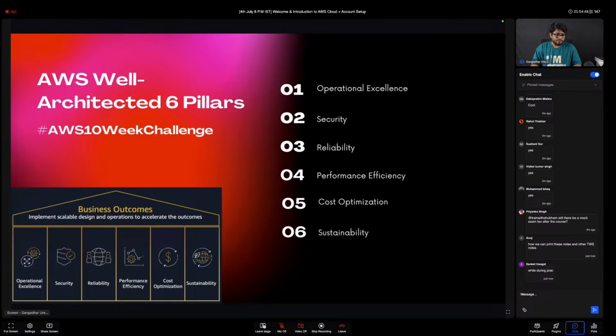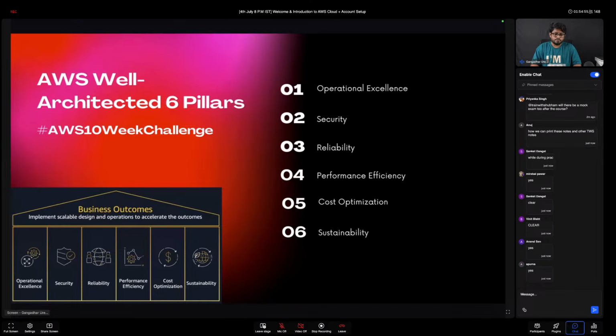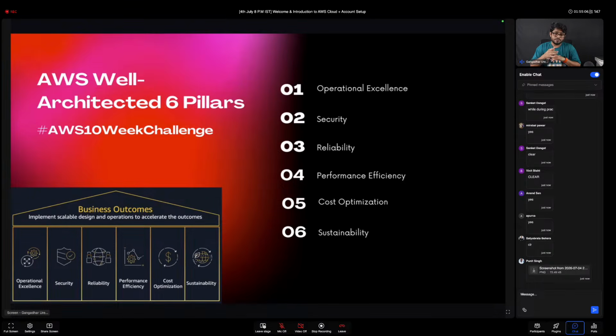But all the exam will be based on this 6-pillar. Not just the exam, but whenever you have to design any architecture, you have to keep all the 6 pillars in mind. Let's say you have to think about the cost optimization, whether my application should be highly available or not, whether my application needs to be available 24/7 or not, and we have to choose the proper region, and the proper infrastructure, like server types,